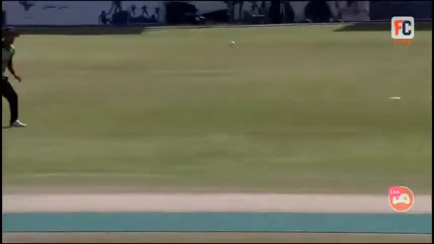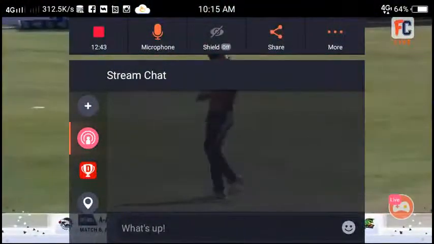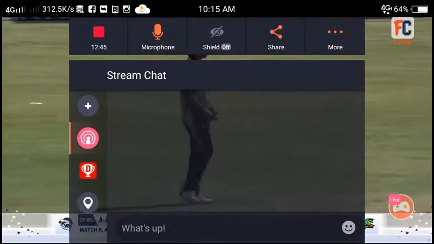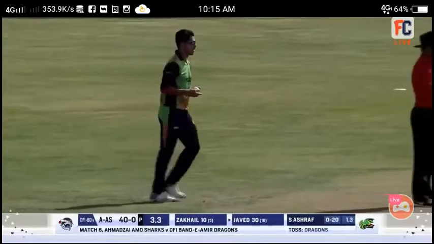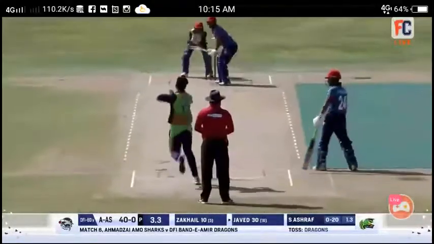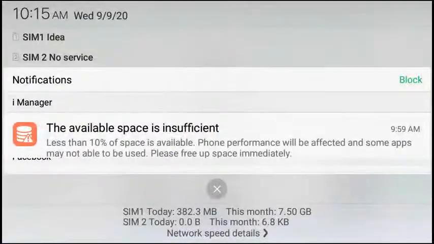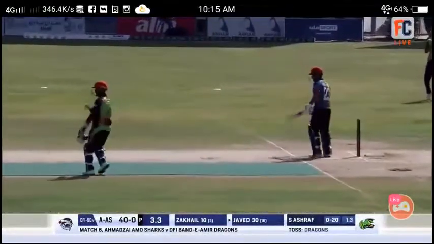Look at this beautiful shot. Sharafuddin Ashraf going a bit fuller, a half volley. All he has to do is to drive it between the fielders. This is very good batting from Javed Ahmadi. I tell you, from the very first ball that he ran for this quick single, I said he looks committed today. And he's showing the touch he's in today. Looking in great rhythm. Javed Ahmadi, 30 off 16. Normally he likes to take time to get himself in, but today with attacking intent. A quicker delivery that forces the bowler to